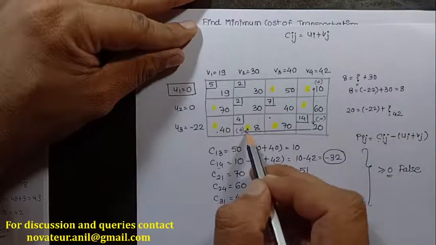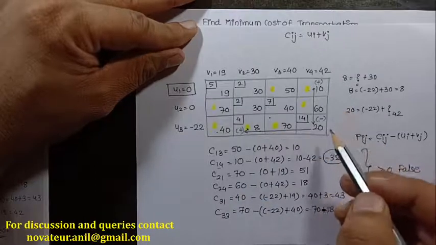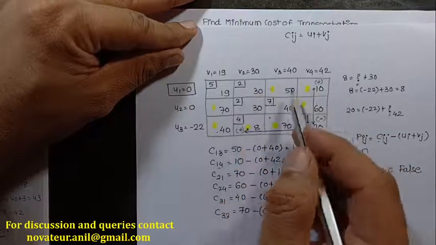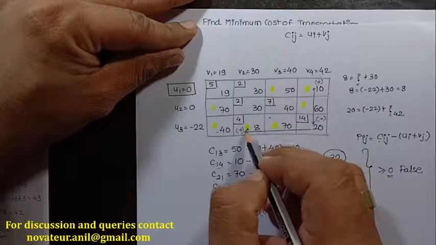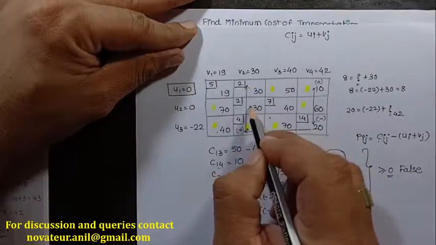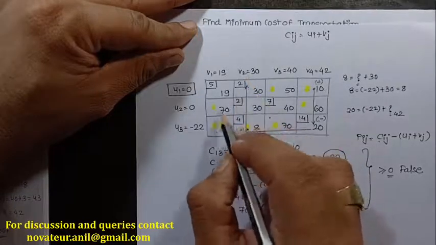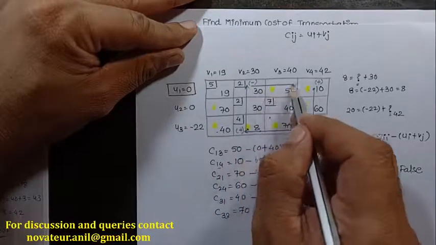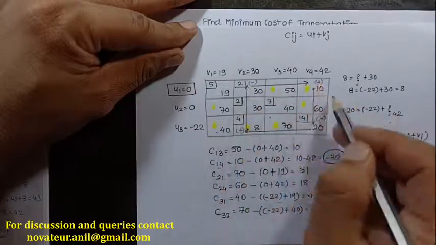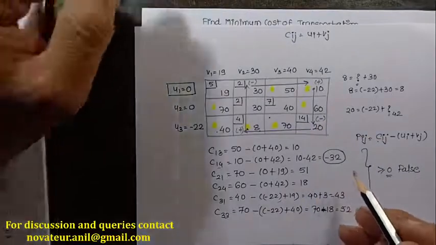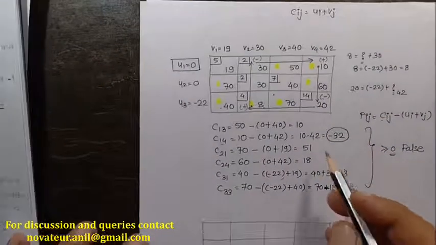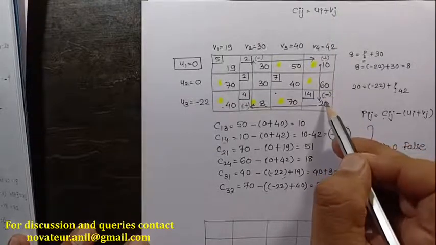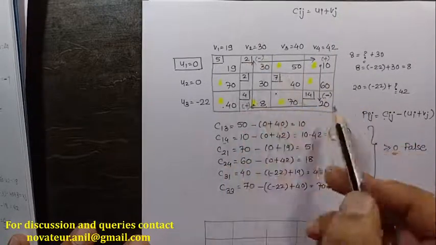Which is the nearest closed loop? Now as I say, it has to be an even number of signs, so you cannot go from here, then it becomes 5, that is not allowed. So I'll go to this cell. Remember, row 2 is not participating here. I'll put a negative sign here, again I'll go here. So this becomes a closed loop. Is it clear? So now I'll repeat what I've done in the previous step. I'll select this cell with negative sign and this cell with negative sign.